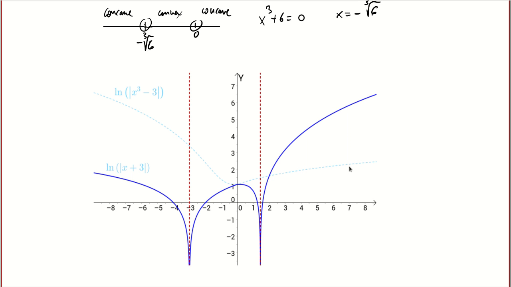The first function is just like this, as we figured out. It's just two branches of the logarithm, right? Symmetrical. And this last function has this branch, which is concave, and that's it. And then it's got this other branch, which has an inflection point here and another inflection point here, and then it continues like that. So it's concave, convex, concave, right? Now we plot them together, and what we want is the minimum of the function